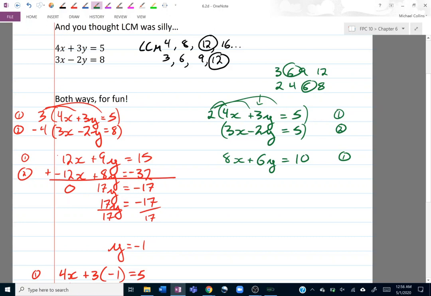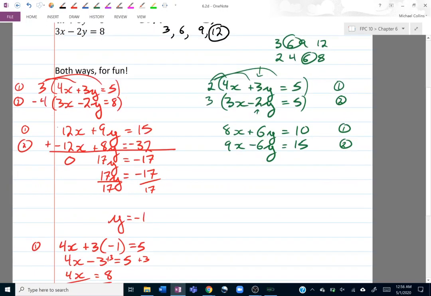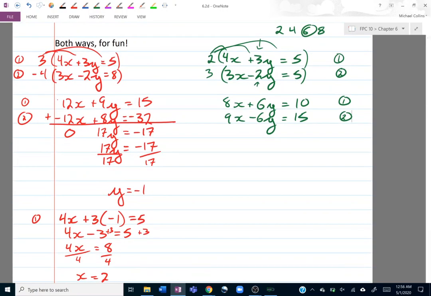My bottom equation, in order to make my negative 2 a 6, I'm going to have to multiply it by 3. So I end up with a 9x minus 6y is equal to 15. And that's equation 2 once I've multiplied the whole thing by 3. And then I'm going to add them together. 8 plus 9 is 17x plus 0 is equal to